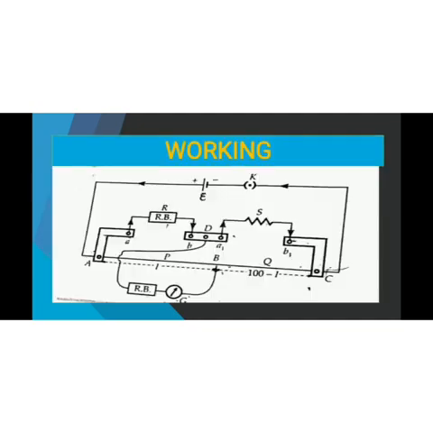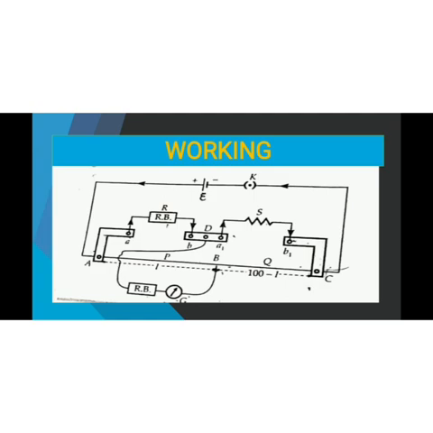Let's start the working of meter bridge. With the help of meter bridge, we'll measure unknown resistance S. Let's take out the key of the resistance box, and this value will be equal to resistance R. For getting the values of P and Q, we'll move the jockey on the slide wire. The galvanometer and jockey will find the point on the wire where the galvanometer shows zero deflection. Suppose B is the point where the galvanometer shows zero deflection. Now we'll measure the length AB with the help of the meter scale.